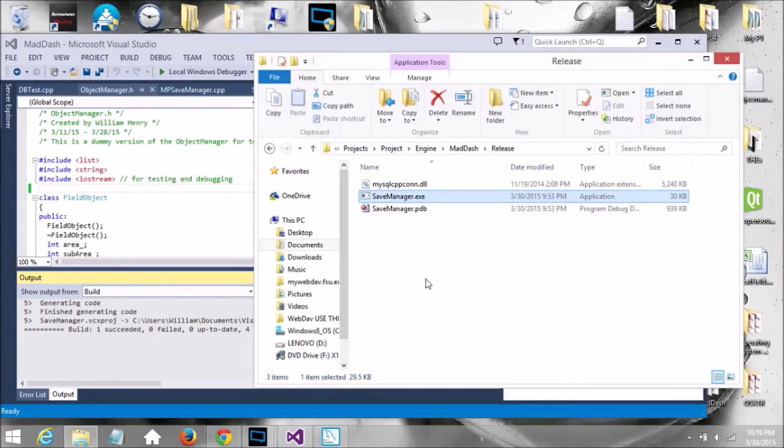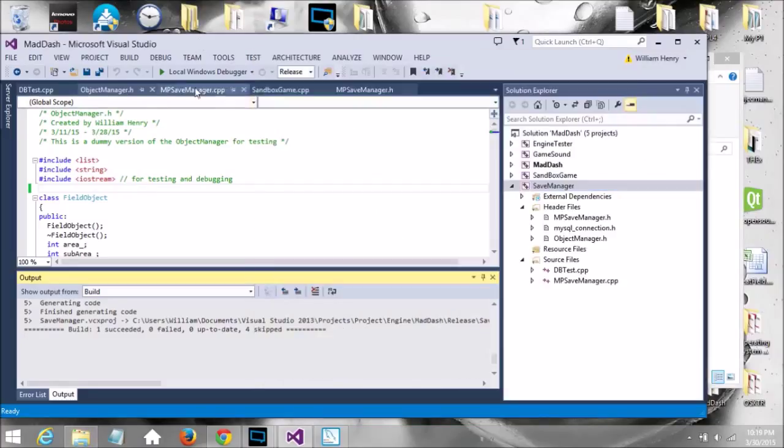Okay, one more thing that I didn't mention yet. The mysqlcppconn.dll needs to be in the same folder as whatever exe is going to need to access it. There's other ways to make sure it knows where to find the DLL, but for right now I've just been keeping it in the same folder. And then the only other thing to mention,